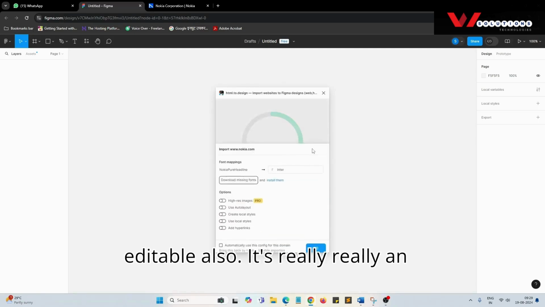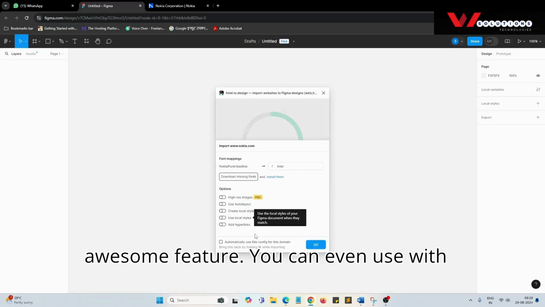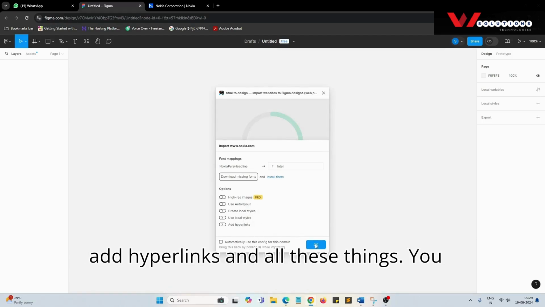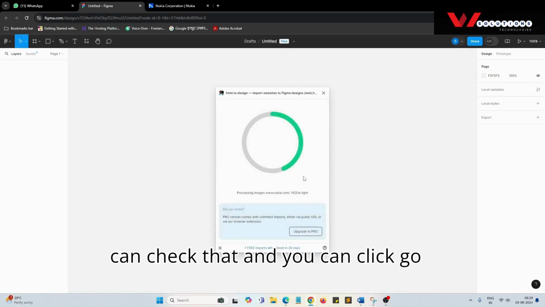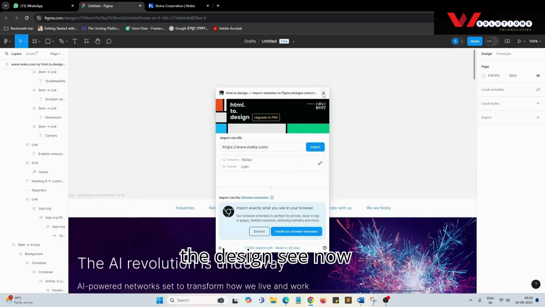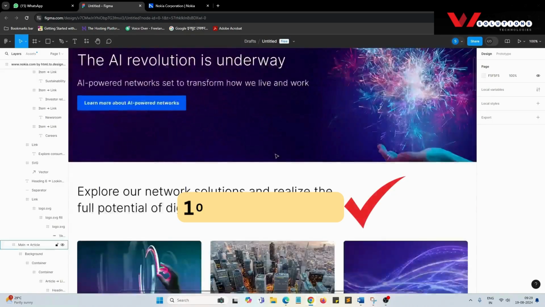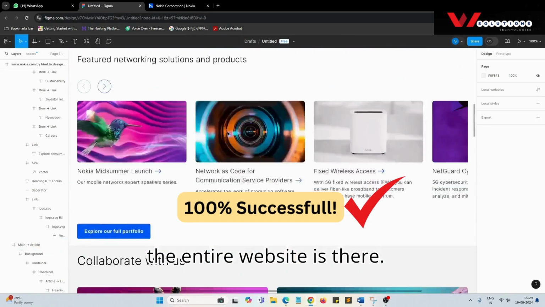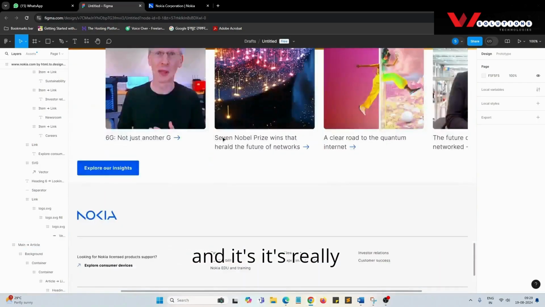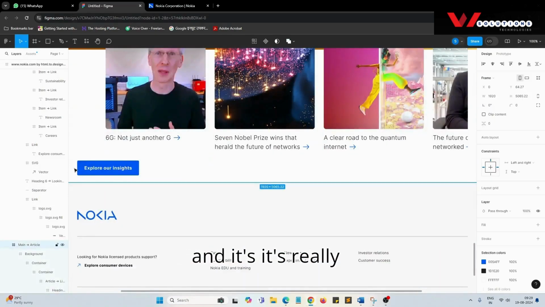It's really an awesome feature. You can use it with the pro feature. So many things are there, add hyperlinks and all these things. You can check that and click go, and just wait for a couple of seconds, and the design, see, now the entire website is there. The entire website is there and it's really quite